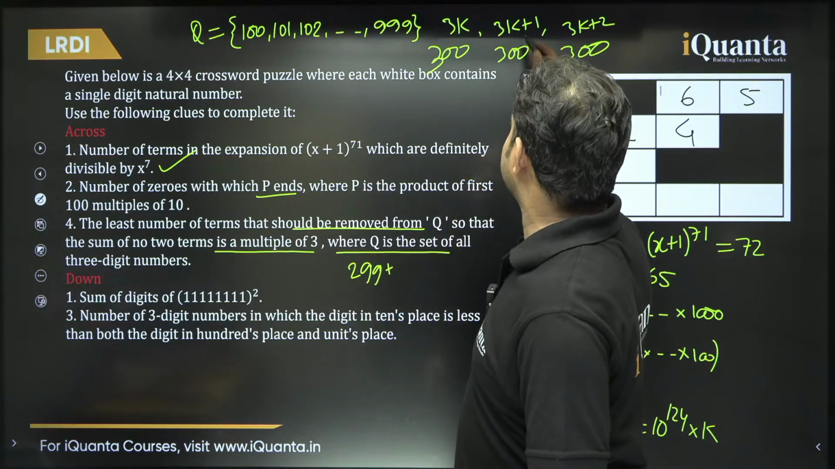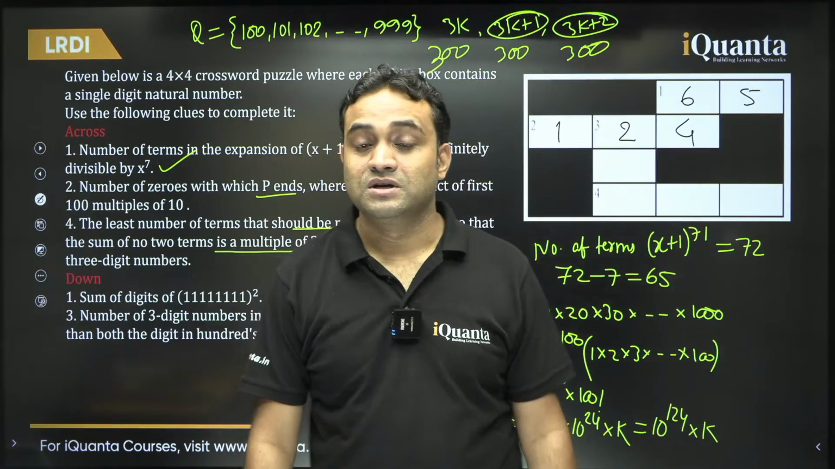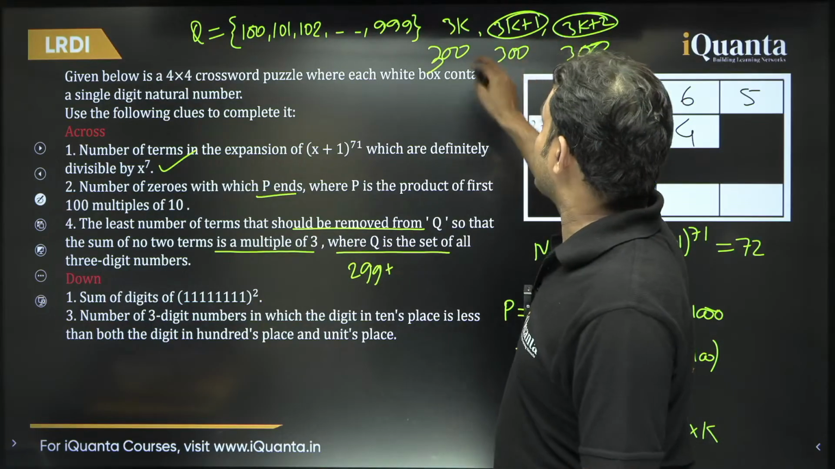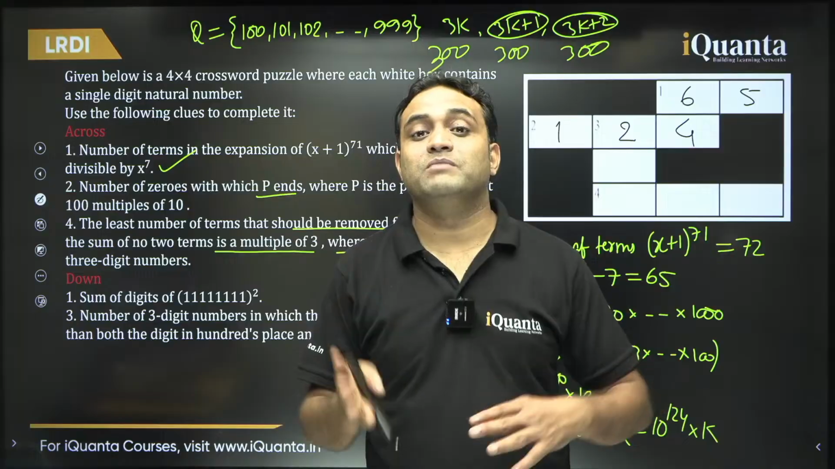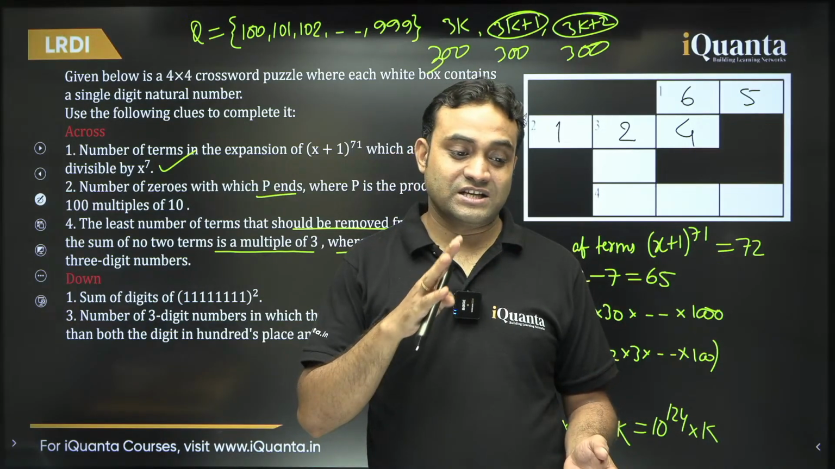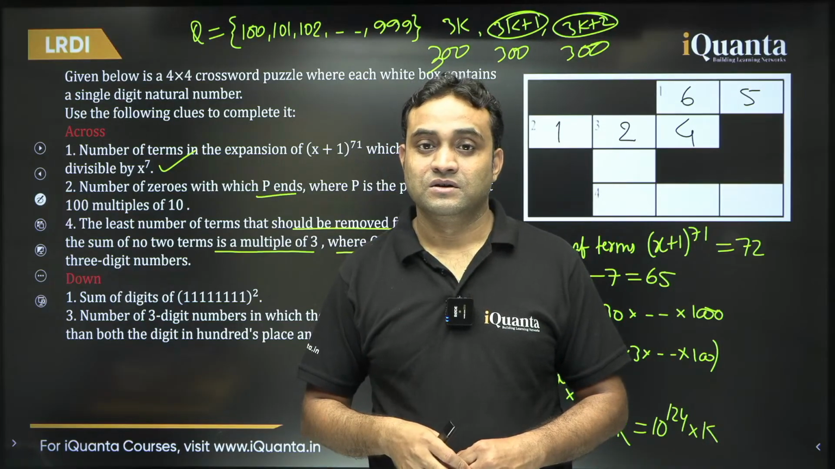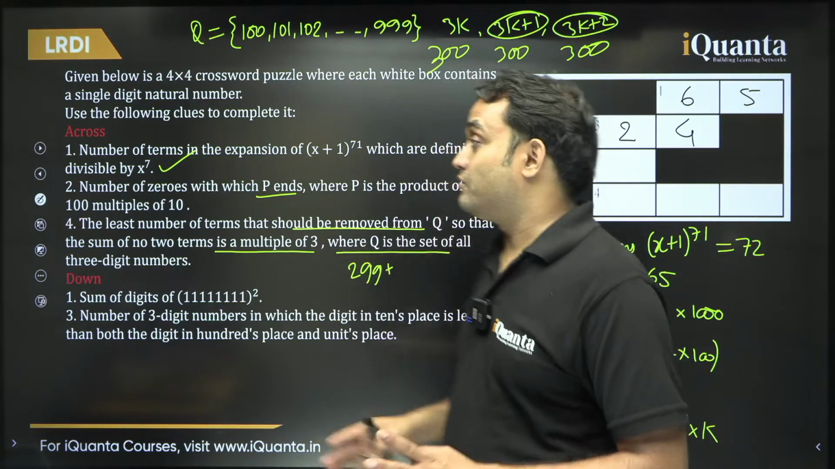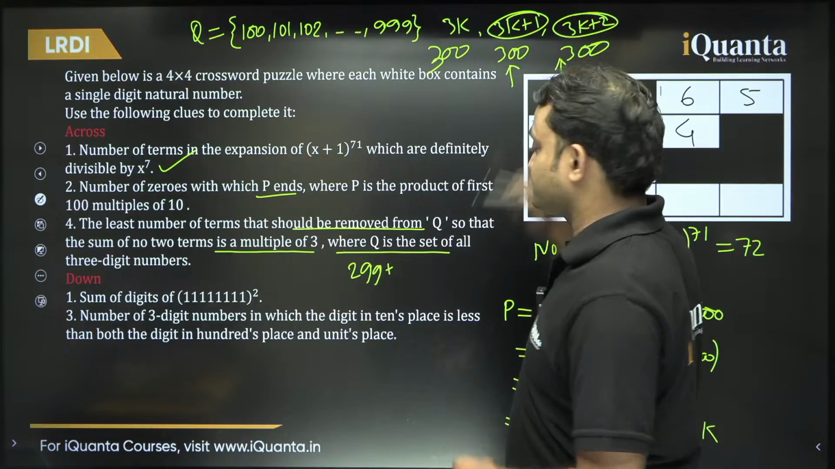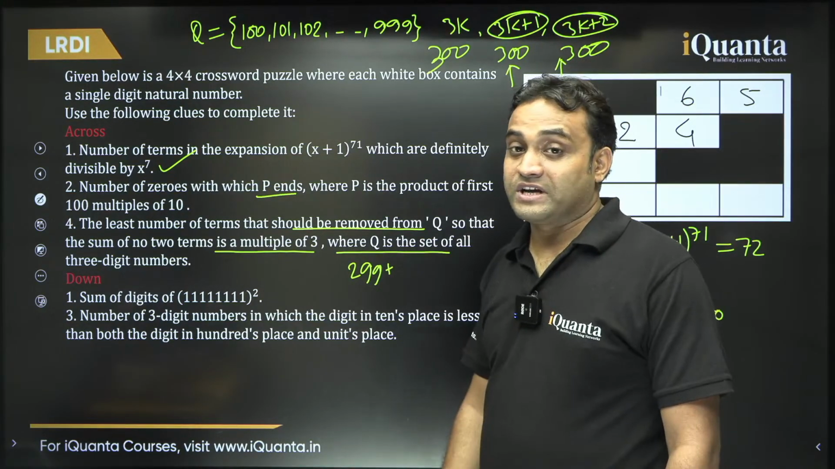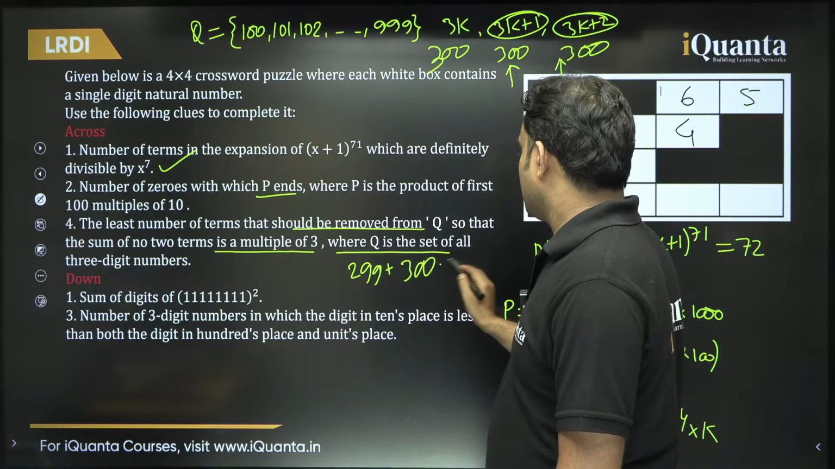Then out of these two groups, we must remove all the numbers from one of them, because if you take one number from this group and one number from the other group, the sum will become a multiple of 3, right? Like 101 plus 100 will become 201, which is a multiple of 3. So we must remove all 300 numbers from either this group or that group. So we remove all these 300 numbers. Now we are left with